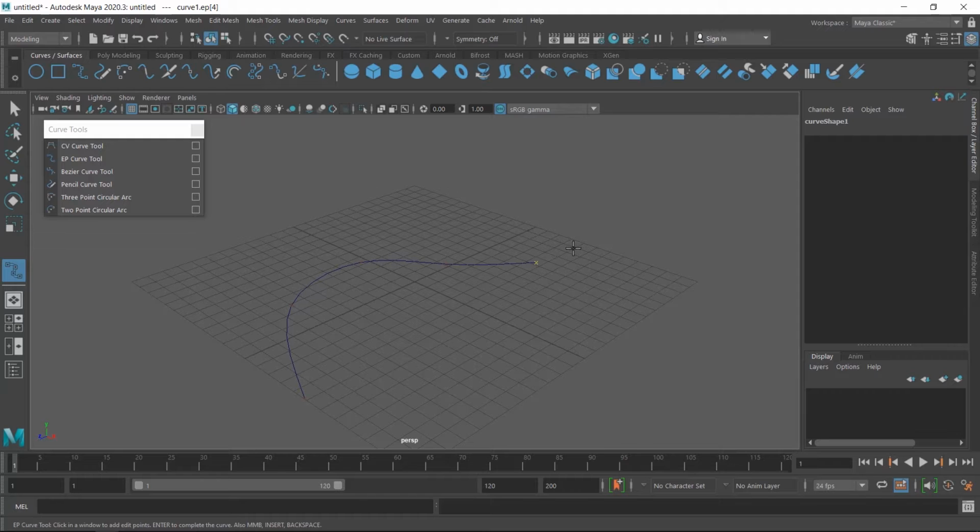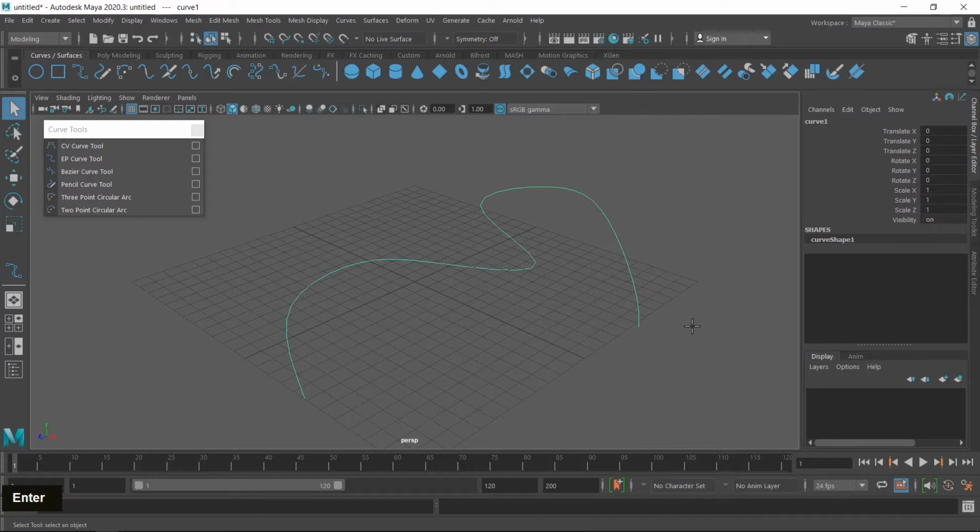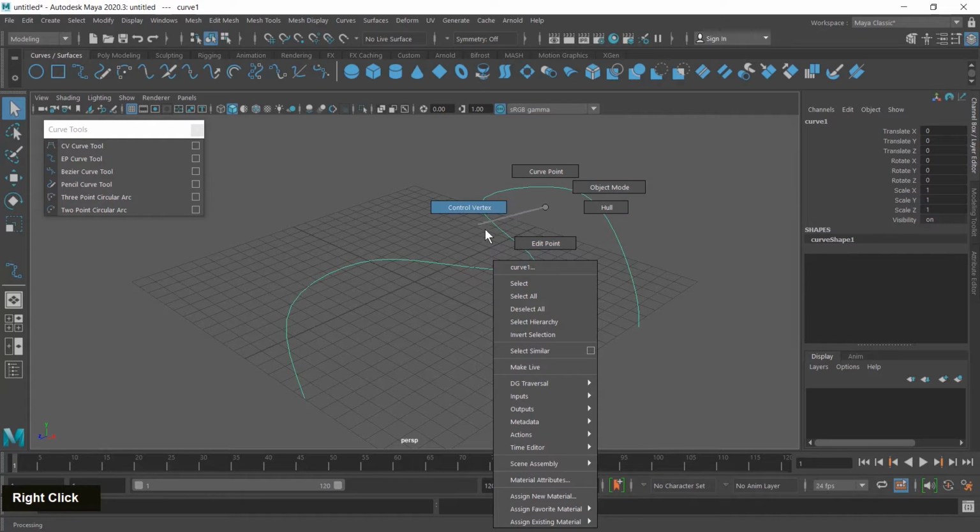but in this tool the hull is not available. I create more points. If you want to reposition the last point, press the middle mouse button and then move, so you can change the position of the last point. And if you want to continue this curve, click again and the curve continues. If you want to exit from the creation mode, press the enter key. Now the curve is created.